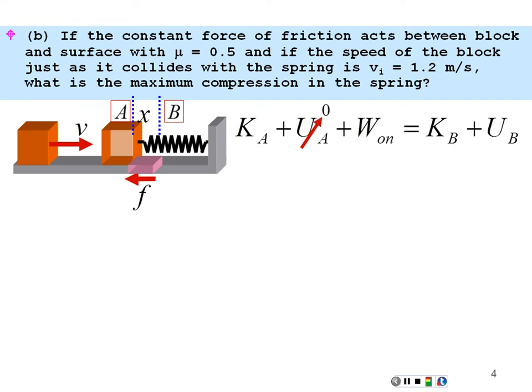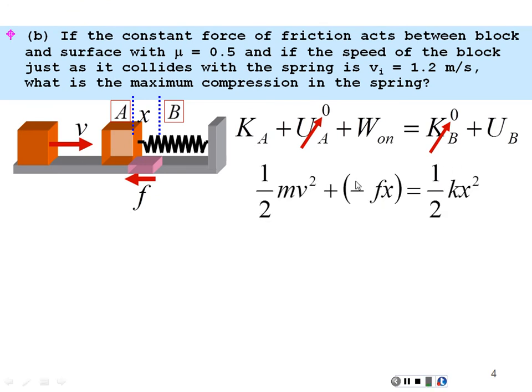But we are going to have work done along the way now. It's going to be a negative amount of work done by friction working against the motion of the mass. We will come momentarily to a stop at point B, wherever that is, so the kinetic energy at B will be zero. Our potential energy at B will be the energy in the compressed spring, 1/2 kx squared. So there's our equation now. We just have one term. And we want to find